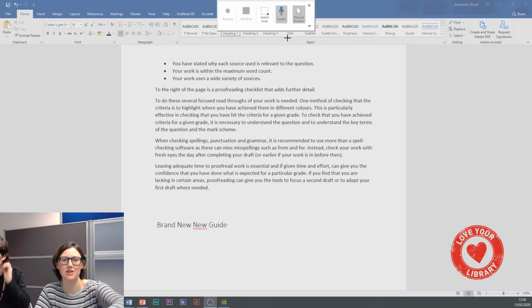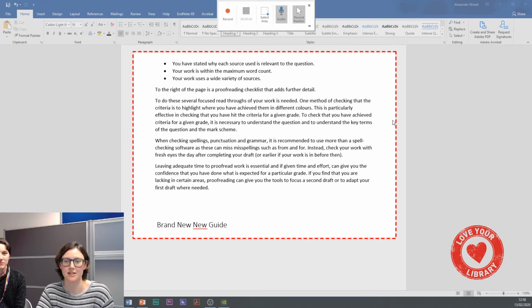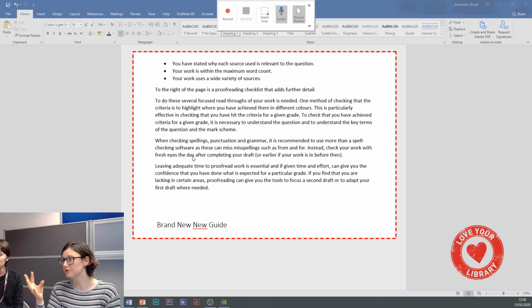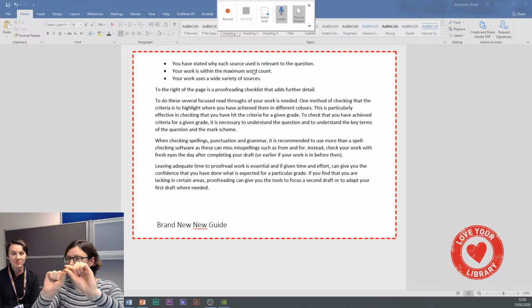So here it's giving me the option to select the area that I want to record. This isn't going to be a very interesting screen recording because it's Alex's Word document. So it's now going to record what's in this white, normally coloured bit. It's not going to record anything in the grey bit outside. That's really useful if you're recording anything where you don't want to include your tabs down the bottom. Yes, if you're recording something on a web page and you don't want to include the browser bit along